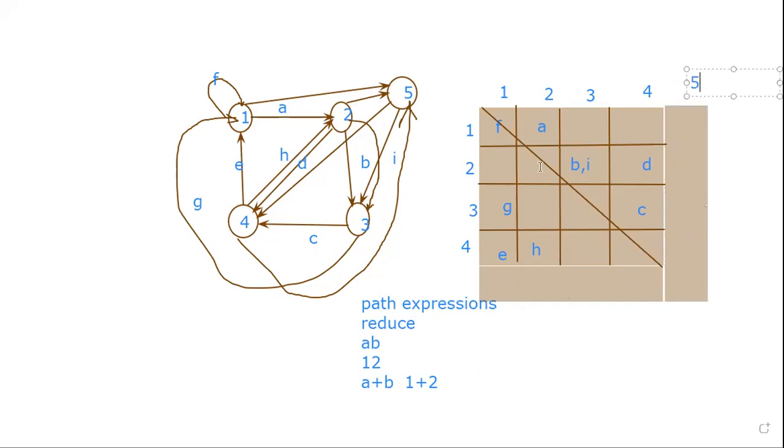This consists of the value which is 5. 1 to 5, there is a link. I'm just tick marking. 1 to 5, there is a link. And then 2 to 5, there is a link. 3 to 5 is not there, but 4 to 5, it is there. From 5 to 3, there is a link. 5 to 4, there is a link.